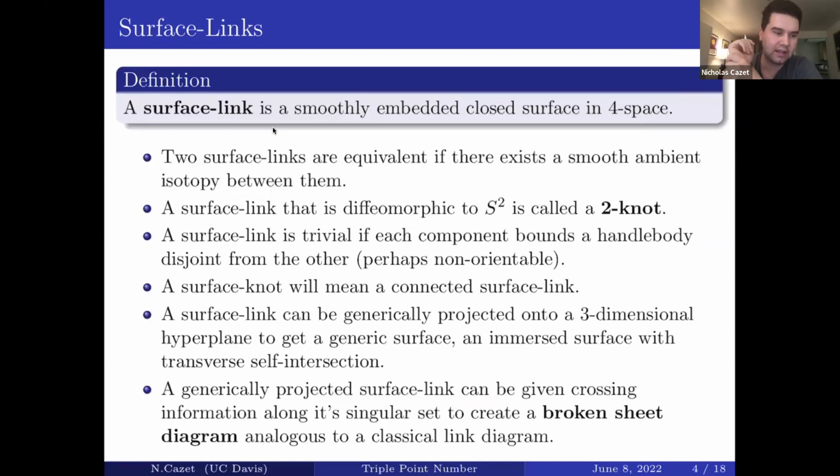So S^n into S^(n+2) is just called an n-knot. And you would say that a surface link is trivial if each component bounds a handlebody that's disjoint from the other. And perhaps if it's a non-orientable surface with some genus, that at least one of the handles is attached inconsistently to give it a non-orientable